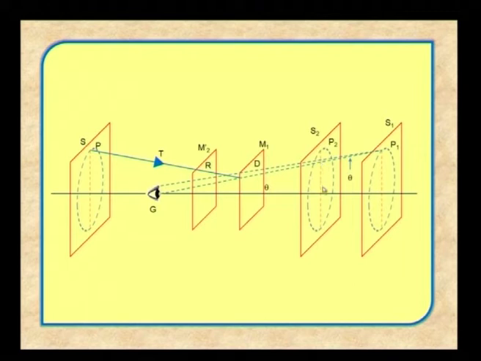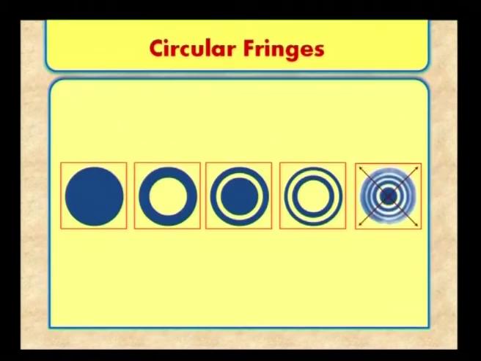You get circular fringes because you have an angle theta subtended at the eye due to the two sources S1 and S2. S1 and S2 are the two sources, the virtual sources. Now, the distance between the two mirrors M1, M2 prime is D. The distance between these two sources will be 2D. All these things you have already seen, and they will lead to the formation of circular fringes. When will you get circular fringes? The two mirrors M1, M2 should be perpendicular to each other.